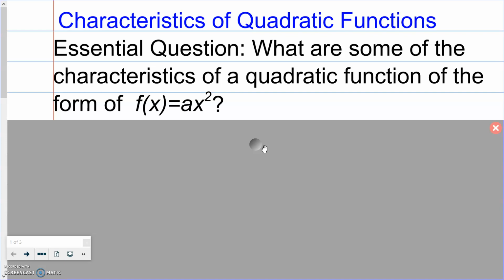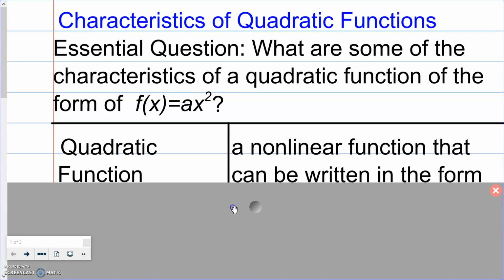What are some of the characteristics of a quadratic function of the form f of x equals ax squared? We will be looking at functions in this form. F of x, that's just another way of writing y, equals ax squared. A is going to be a number, any number other than 0, even fractions, and we'll look at that as we go along. So now please go ahead and section off your paper, draw your line down the side,